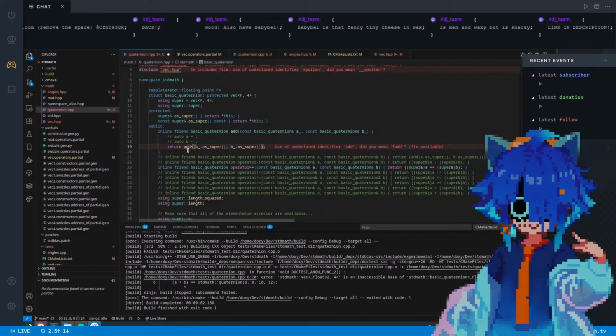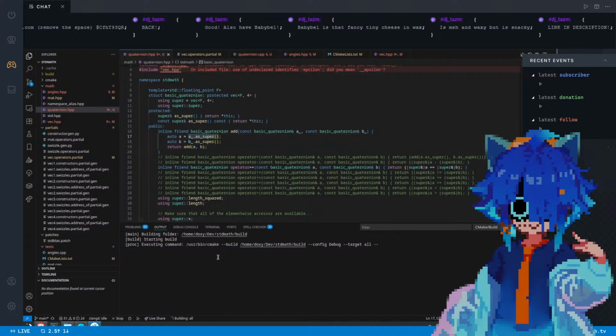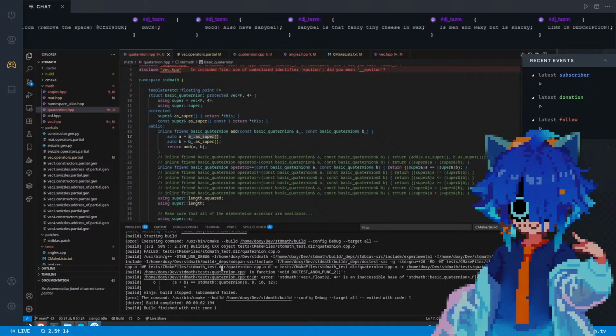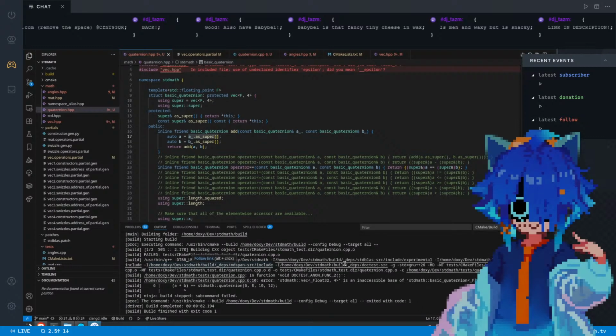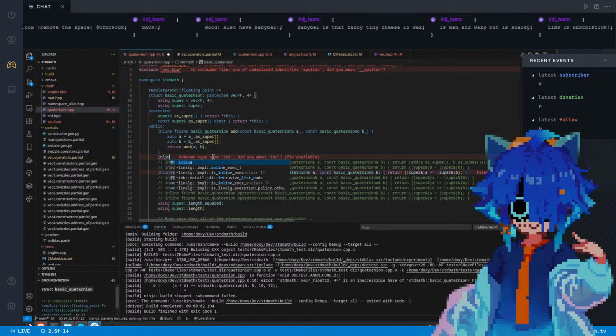We can specify. Does that compile? No. Is it an accessible base? So we inline friend